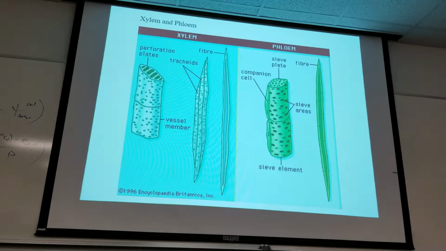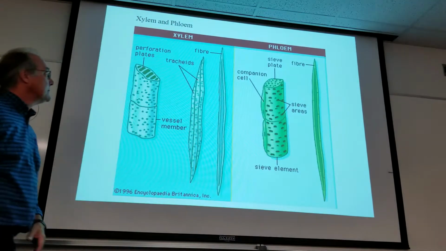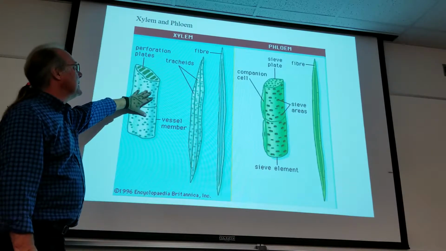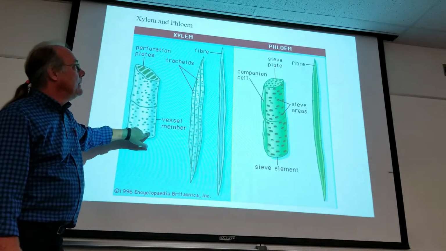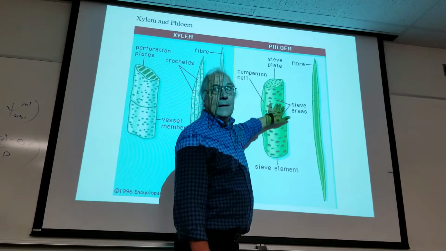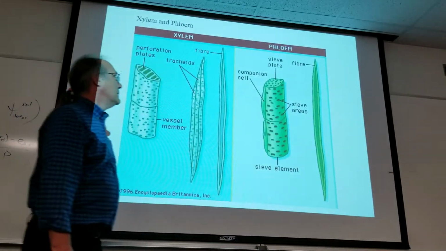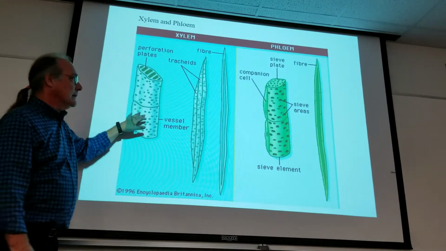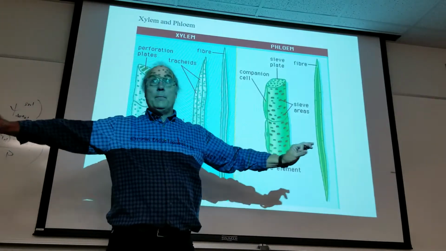Now let's talk about xylem and phloem. Xylem and phloem, vascular system in roots, in the stem, in the leaves, all over the place. The xylem vessels, the cells that make up the xylem, that transport in the xylem, are dead when they're mature. The cells that make up the transport system in the phloem are alive when they're mature. But in both cases, once you're inside this xylem vessel, or inside this sieve tube in the phloem, there are no membranes in that